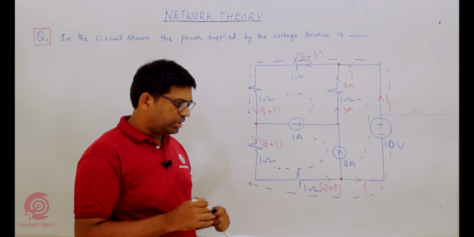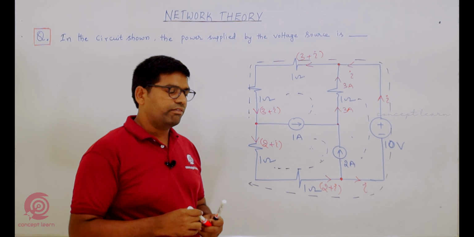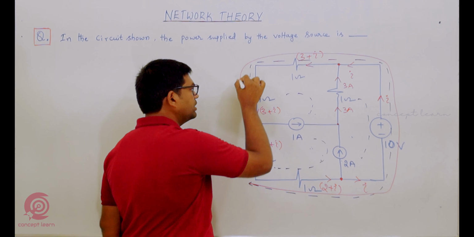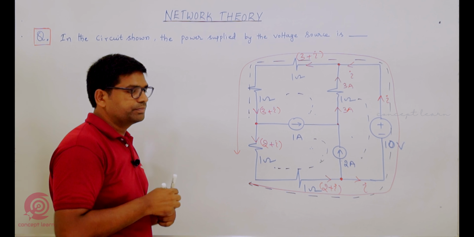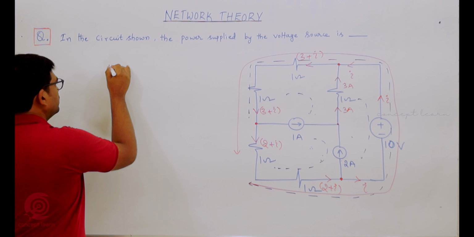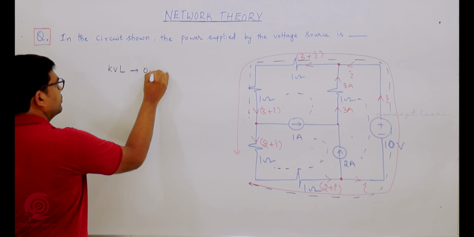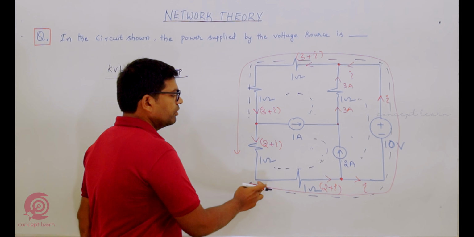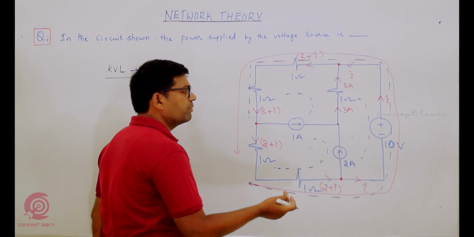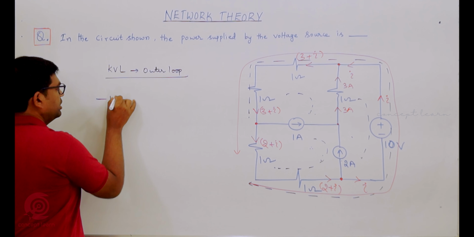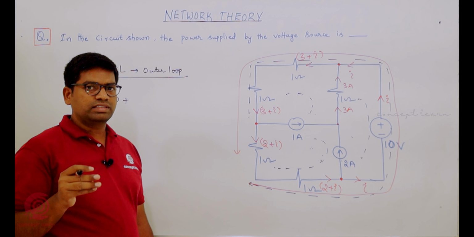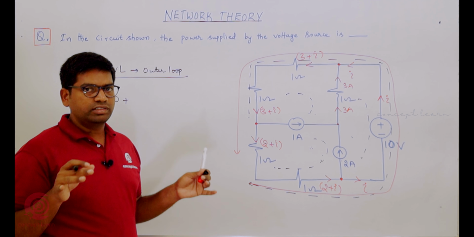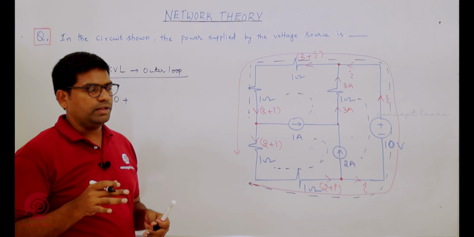Instead of that, what we are doing here is applying KVL for this outer path. The outer loop I am selecting, and I am writing KVL for this. I am following this direction. Current is entering into this negative terminal, so I am placing a negative sign for this, because we need to write that the voltage in that closed path must be 0. The algebraic sum of all the voltages in that outer loop must be 0.